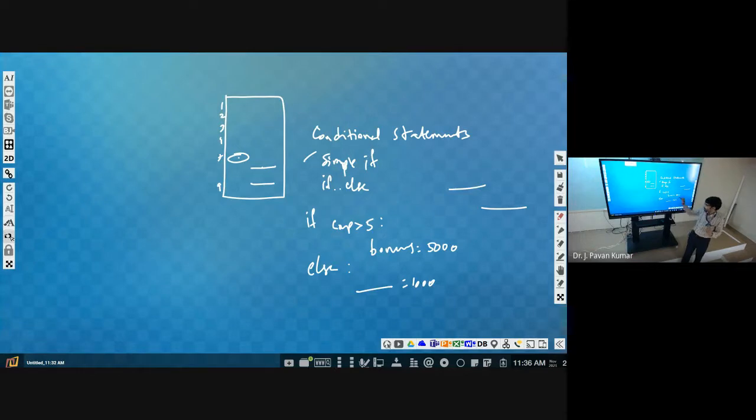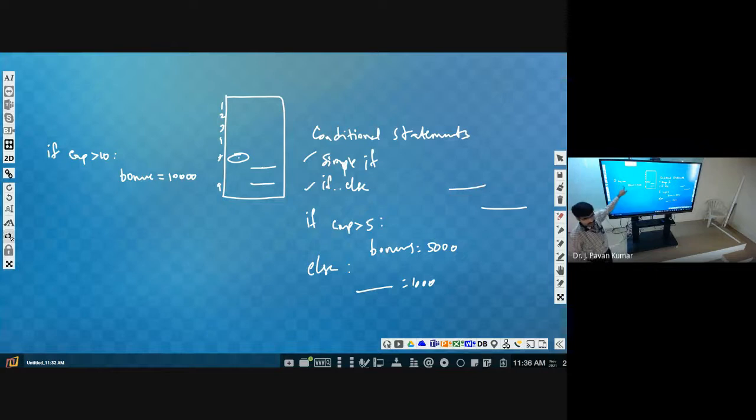Got it? Next, we can have several cases. If the experience is greater than 10, the bonus will be 10,000. If it is not greater than 10, if it is between 5 and 10, how can we impose that condition?